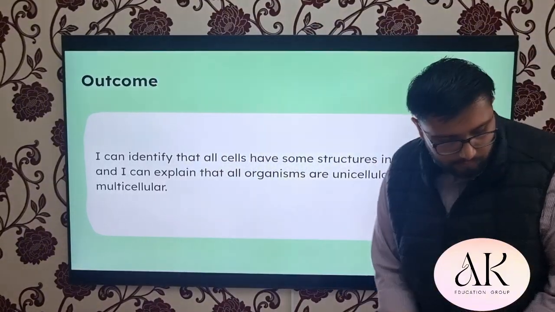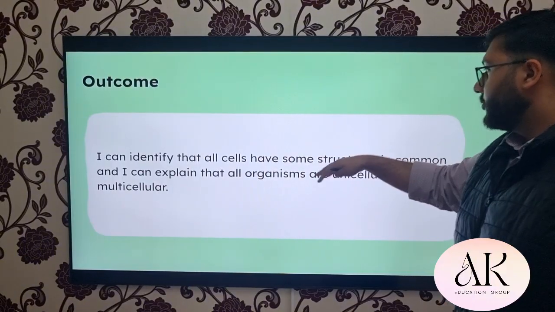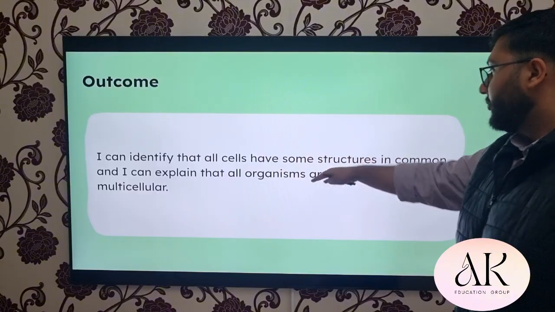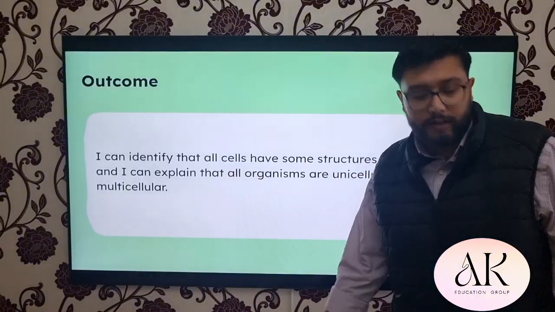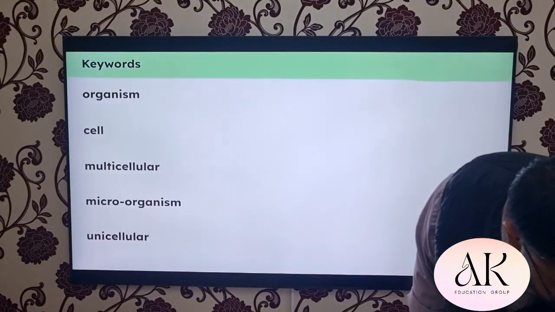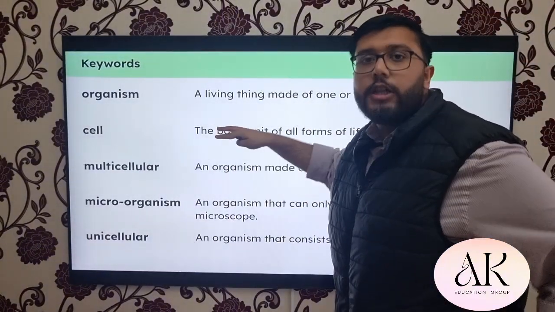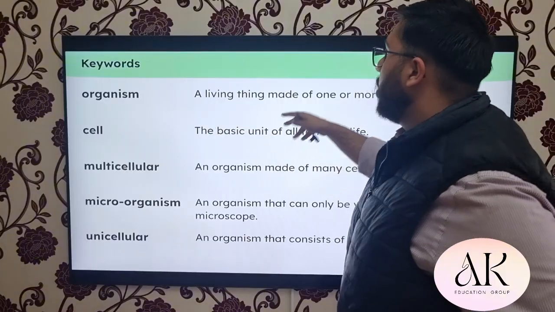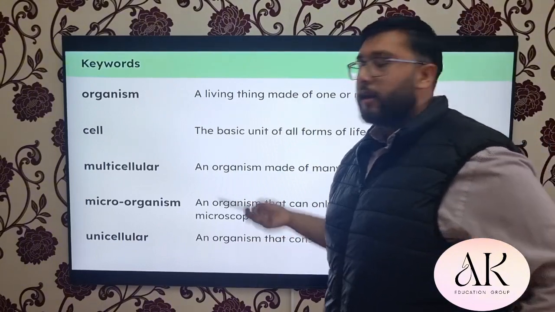So the outcome of today's lesson will be, like I said, to identify some structures which are in common and explain that all organisms are either unicellular or multicellular. Okay? Now, I always begin the lessons by talking about the keywords. It's really important that students know what the keywords mean, and you could potentially get asked these in the exam